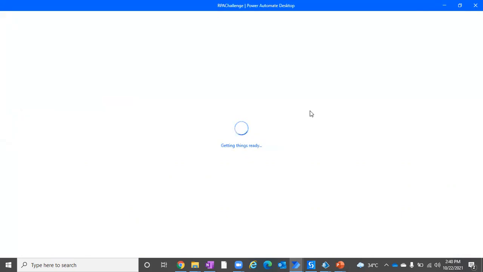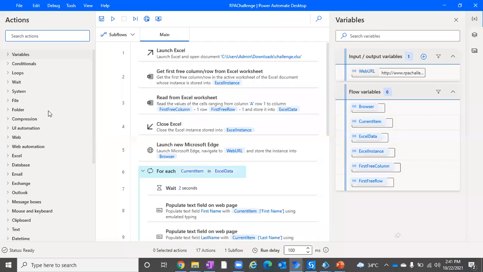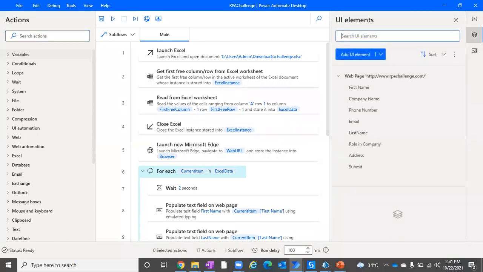And the mobile version, as I already said, I haven't given it a try, but if you want, just give it a try and explore it. I think it's taking quite some time. Yeah, that's how it is. So you have actions, variables, and here you have UI elements. You have images. So this UI will be similar to this. This is one existing flow which I've created.